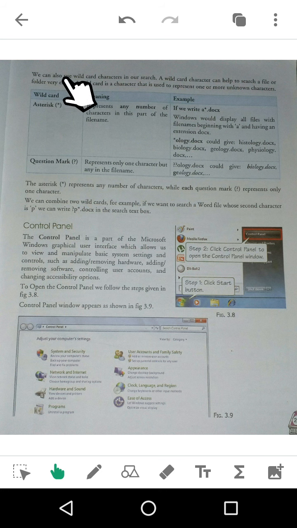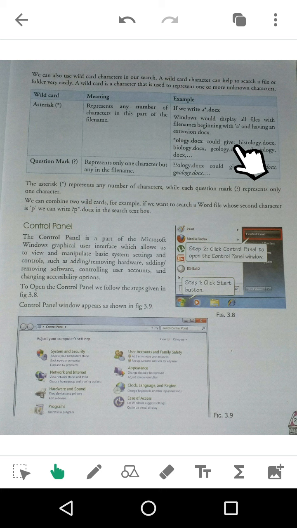So what is the meaning of this asterisk? Asterisk represents any number of characters in this file name.